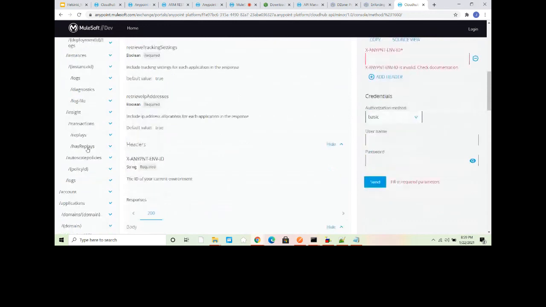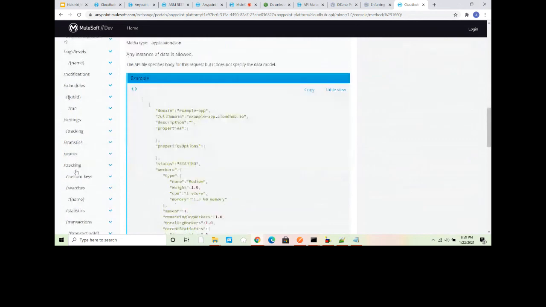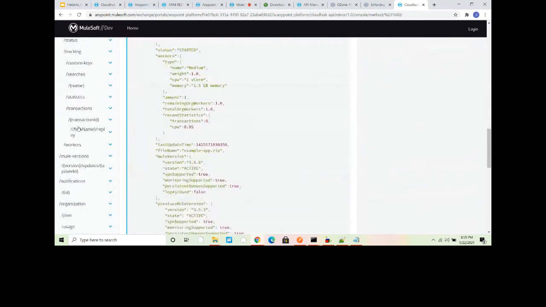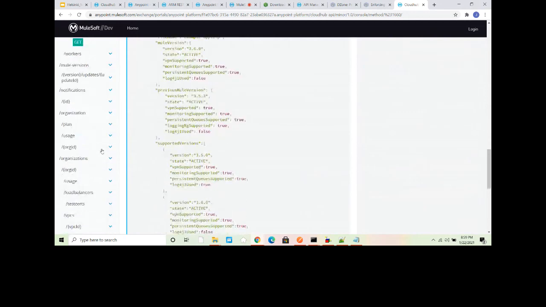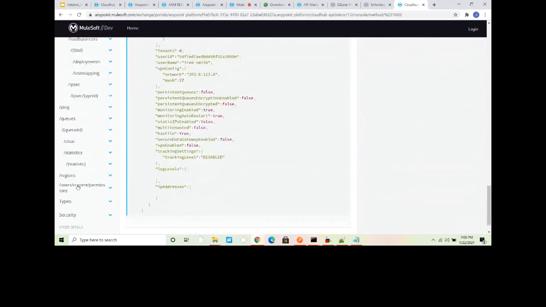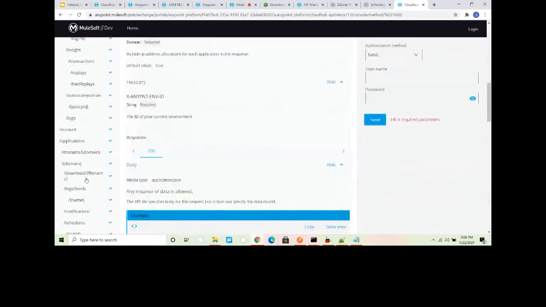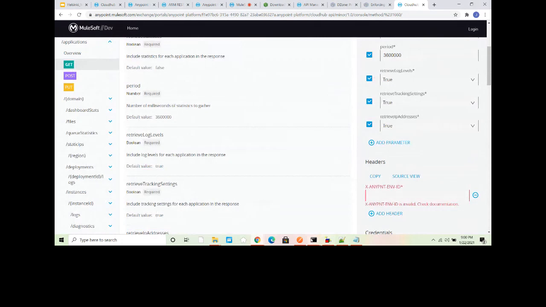Apart from that, it does a lot of operations. You can see it here: application stop, start, deleting an application, managing the flow, managing the scheduler. You can disable and enable the scheduler. You can see the flow name. Basically, if you want to replay the flow, you can do that. Somebody asked me that question. You can manage VPC, VPN, and dedicated load balancer. You can assign a static IP address. You can perform the ping for your applications and all those things using this Cloud Hub API. There are a lot of operations available, and you can explore all of them.